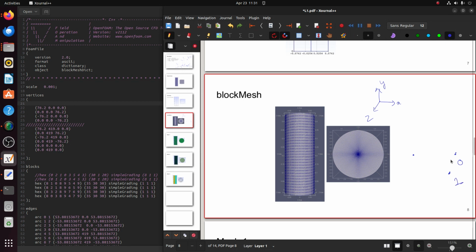The next point is minus 76.2, 0, 0, so the point is here. Sorry, the point number 2 is this, and the third point is